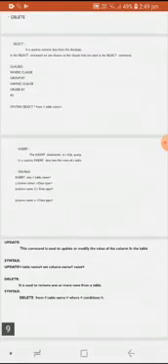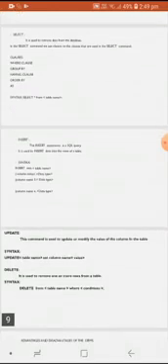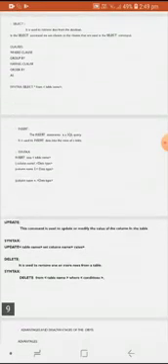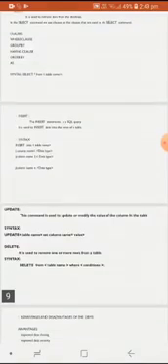The next command is the insert command. The insert statement is a SQL query. It is used to insert data into the rows of a table. It means it is used for inserting data into tables. You can add one or more records to any single table at the same time.